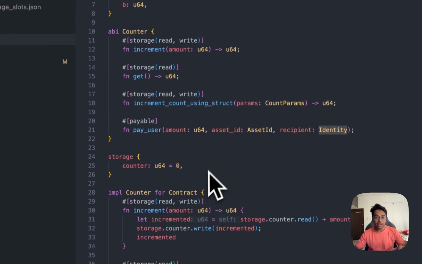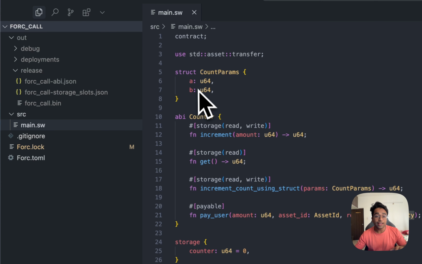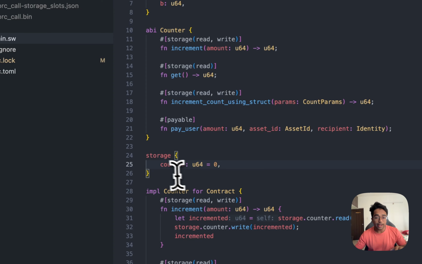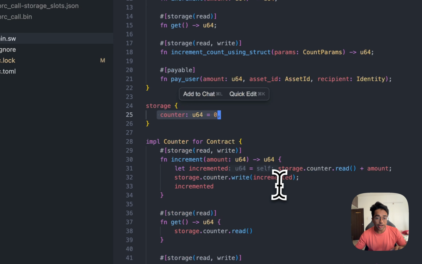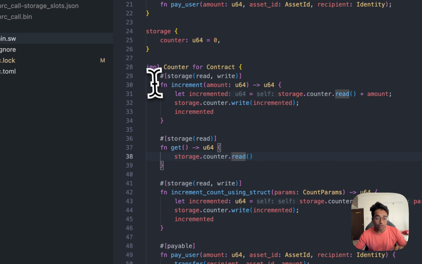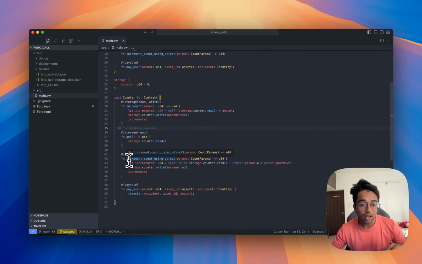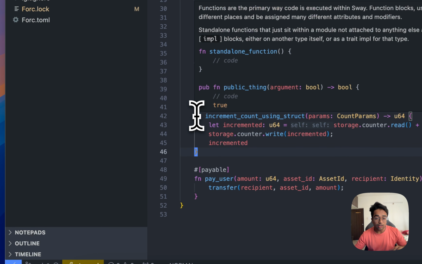Now for that we are going to be diving into a code editor, and as you can see I have a simple counter contract over here that has a counter variable in the storage and a couple of functions. Now if you see the first function, it is called increment and it accepts the amount as the parameter and it increases the value of the counter variable with the amount that we pass in here. Secondly, we have the get variable that simply returns the value of the counter in the storage, and after that